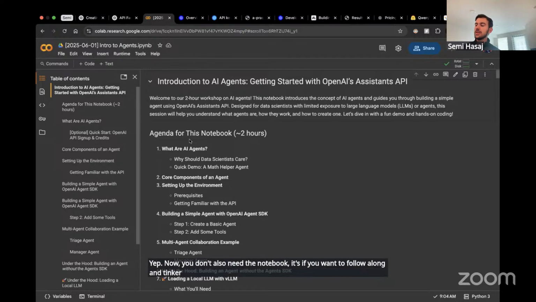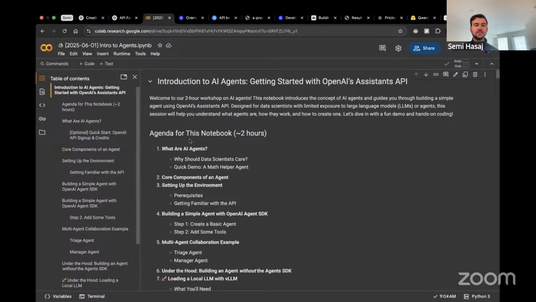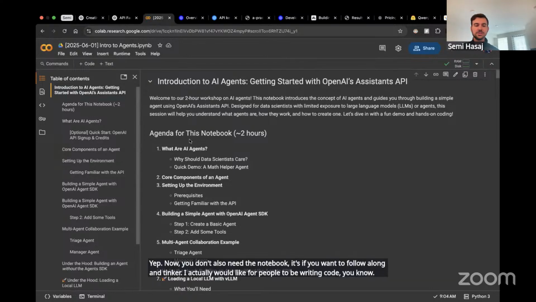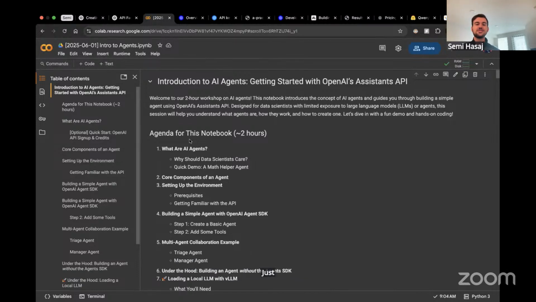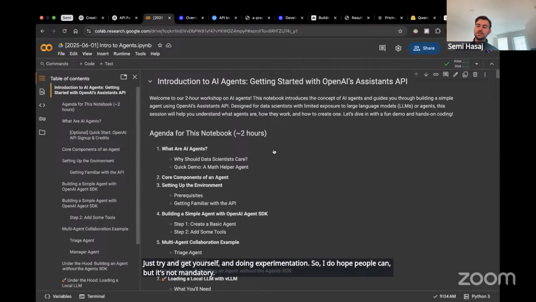I actually would like for people to be writing code. There's parts where we're just going to take a small break and individually work on some things, experiment with some things. Agents is all about just trying it yourself and doing experimentation. So I do hope people can, but it's not mandatory. You'll still learn a ton just watching and following along.